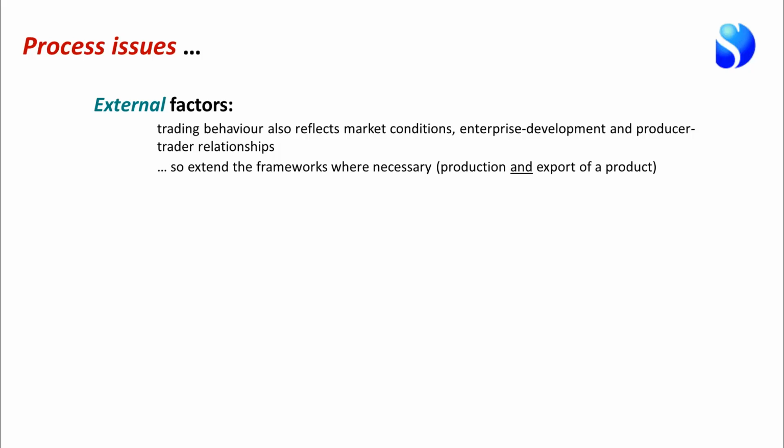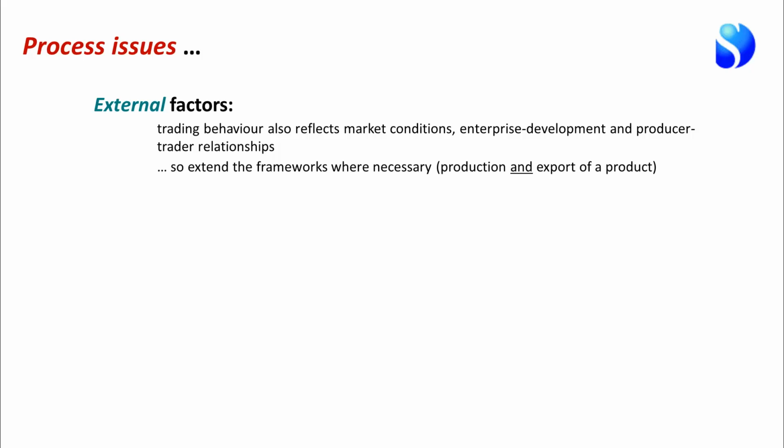There are issues to do with the process by which these frameworks and models are developed. First of all, they are complicated by external factors. So trading behavior also reflects market conditions. So what is the price for the commodity that people want to export in the markets across the border? How constrained are we by the development of enterprises that are actually able to produce these goods? You know, if you are making it easier to export groundnuts, for example, but actually it's very difficult for anyone to get started as a groundnut producer,